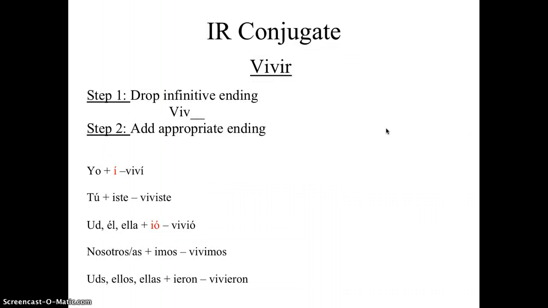Now the same is true for IR verbs. Remember that these endings are the same as for ER. So we'll take vivir as an example. Vivir means to live. So we'll get rid of the infinitive ending IR, which gives us viv. Now to the yo, once again we add í, yo viví. To the tú, we add iste, tú viviste. To the usted, él or ella, we add ió,